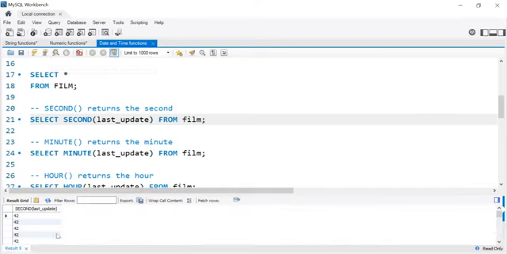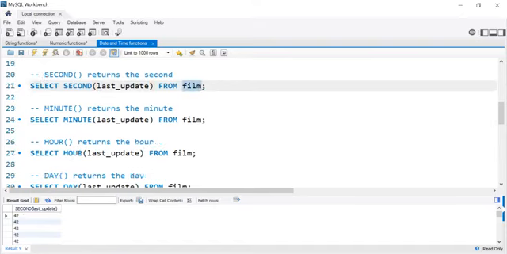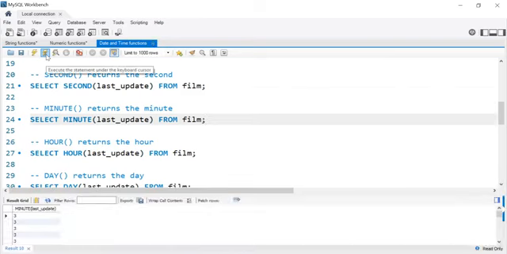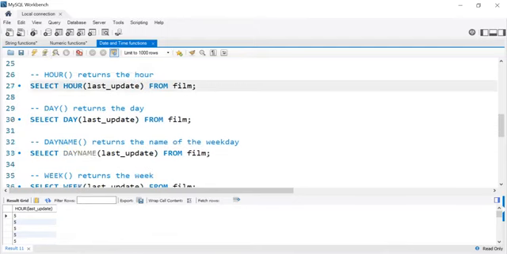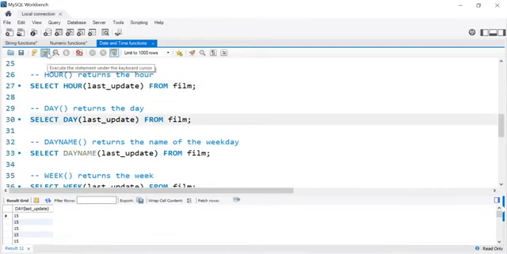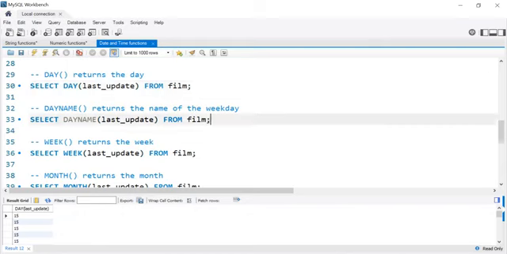If we execute that, we get the second for each row in the column last update from table film. Same thing if we want to select only the minutes: select minute last update from film. Then we have the hour. To return the day name,